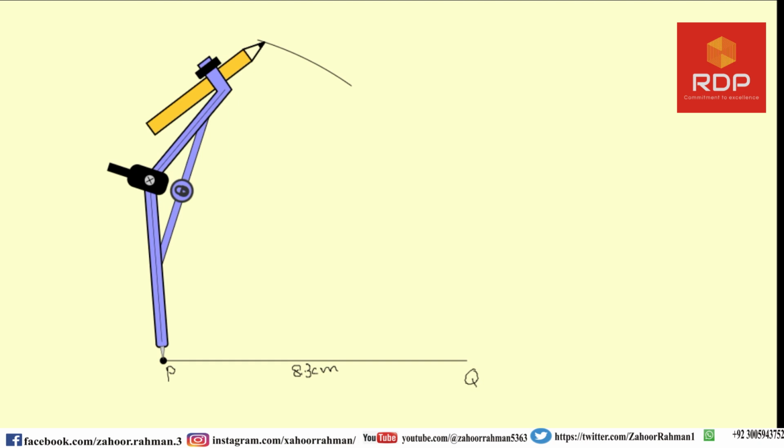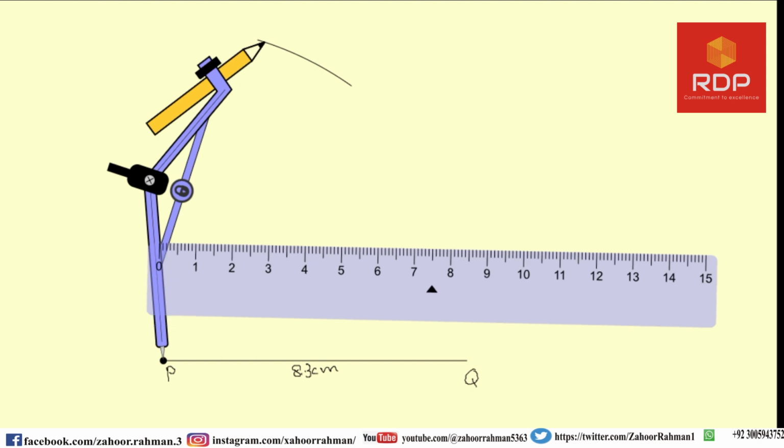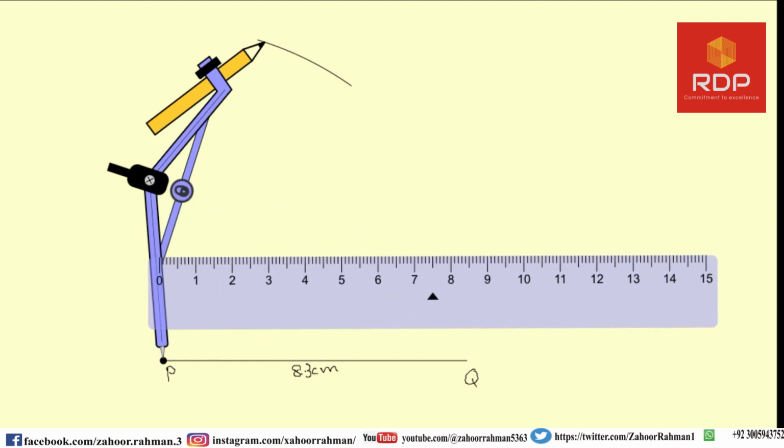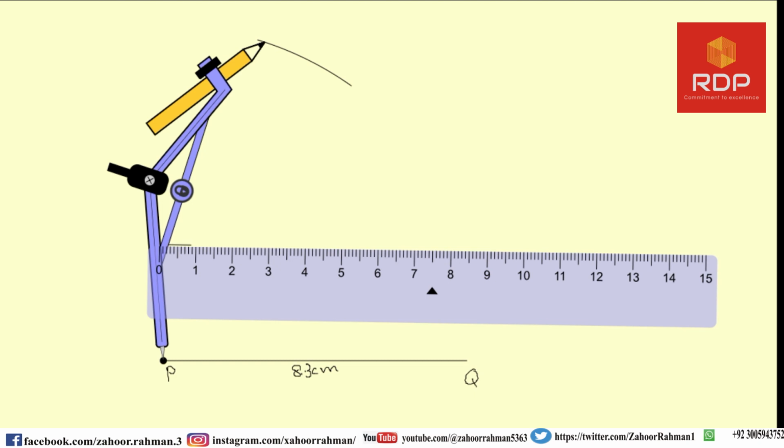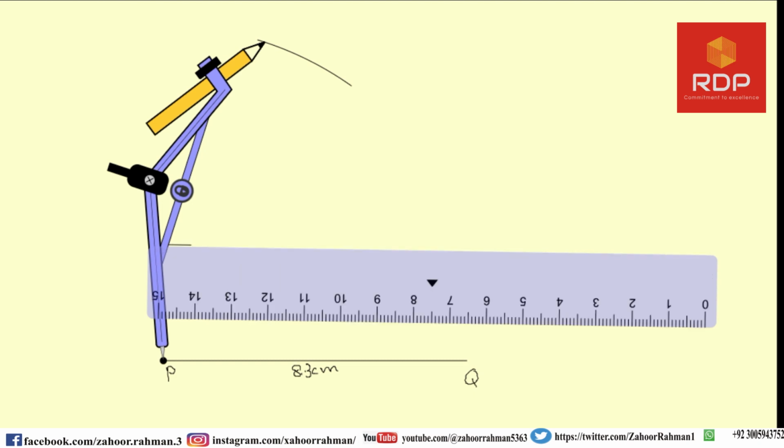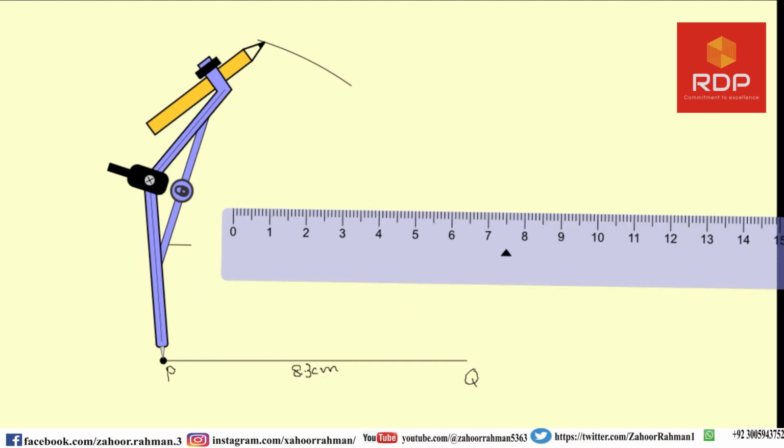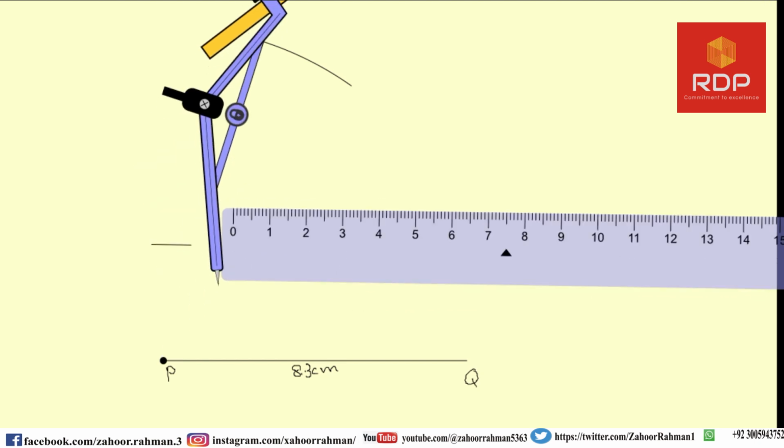But let us draw the next part, and that is the 7.9 centimeter. QR is 7.9 centimeter. So let us open this one to 9.7 centimeter, and let us move this